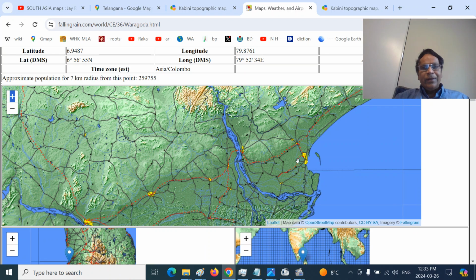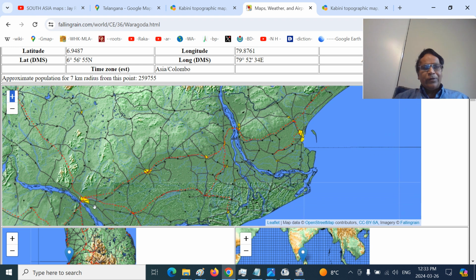You can see here the Rajmahendravaram. This should be the Kakinada. This is the Delta region. This is the Krishna, should be the Vijayawada. Then the other town in West Godavari should be the Eluru, because this should be Nidadavolu junction, and